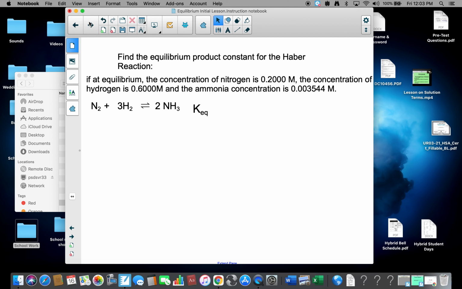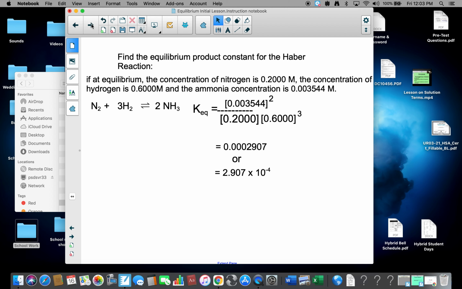We do that by taking the concentration of our product, and the coefficient there is 2, so it's going to be to the second power. Divide by the concentration of the reactants, which are nitrogen and hydrogen, raised to their exponents. And then we put the values in. We see the problem. The concentration of ammonia is 0.003544 molar. Concentration of nitrogen is 0.200 molar. And the concentration of hydrogen is 0.600 molar. Multiply through and we get